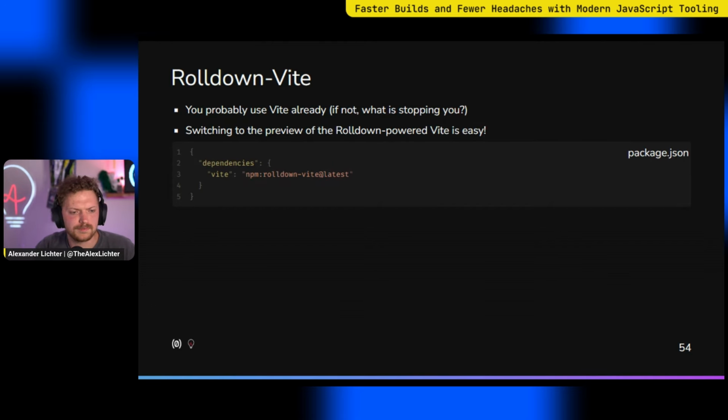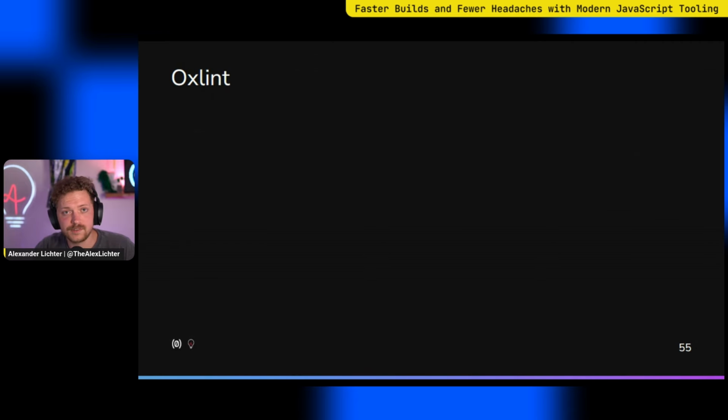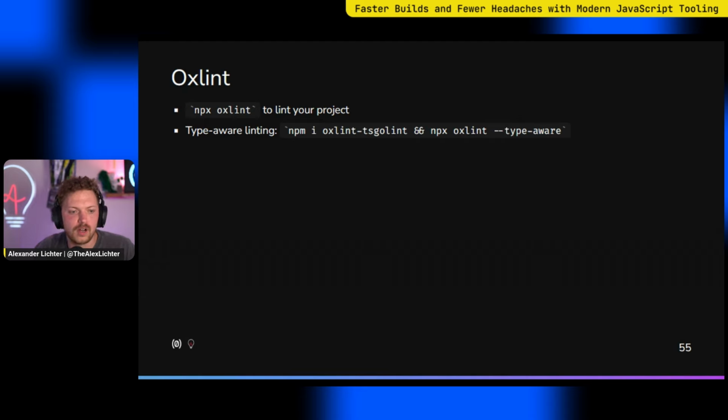Seems pretty decent. And for Oxlint, it's actually even easier. If you just want to give it a try, no configuration, nothing, just run npx oxlint in your project, and then you take a look at your command line because you're like, well, it's done. What now? Did it break? And it's actually that fast. If you want type-aware linting, as I said, it's in technical preview, you have to install our oxlint-tsgolint bridge. But it's also pretty easy with npm or whichever package manager you prefer, and then you add the type-aware flag. So that's an easy way to try these things out right away.